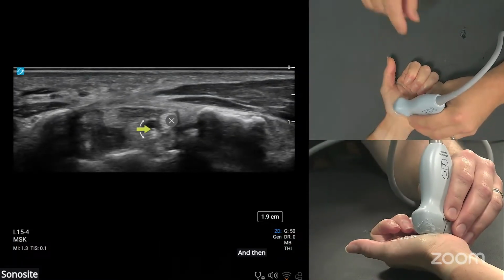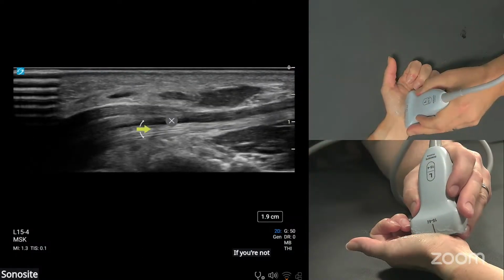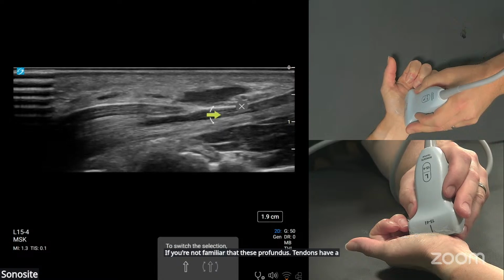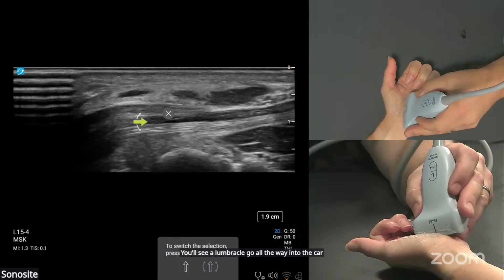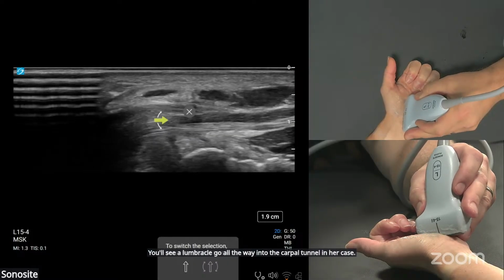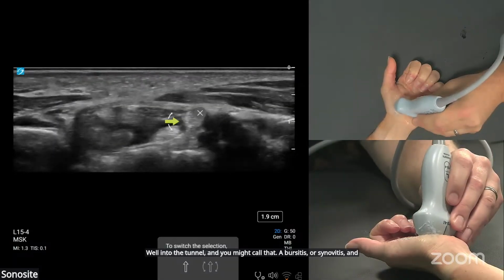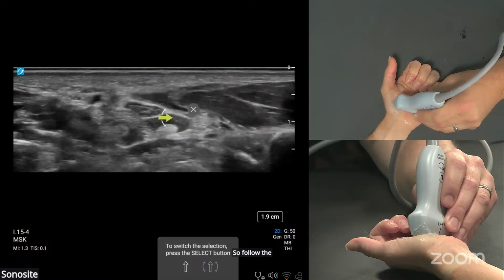And then I could go long axis on that lumbrical. So that would be a pitfall. If you're not familiar that these profundus tendons have a lumbrical traveling with them, you'll see a lumbrical go all the way into the carpal tunnel, in her case, well into the tunnel. And you might call that a bursitis or synovitis, and you might even inject a lumbrical. So follow the profundus layer and see its